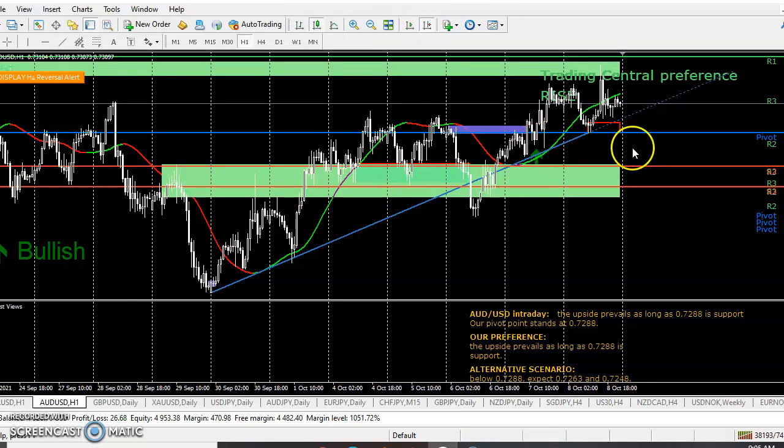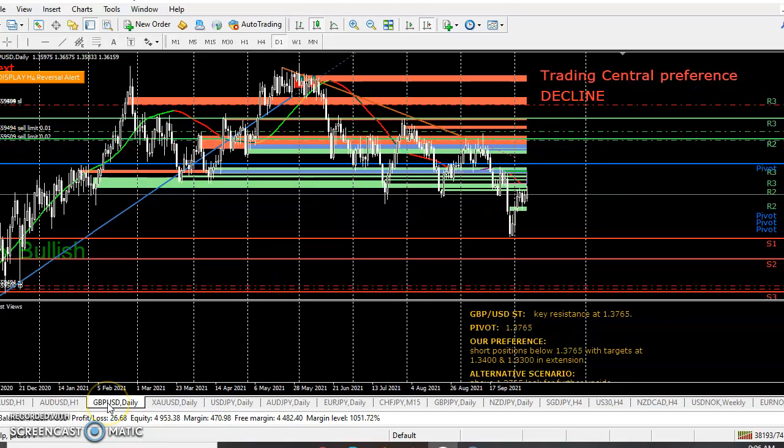And we're up on the hour and the 4-hour. So until we break that 4-hour trend line, we'll be bullish, taking sales at 0.734. Now for GU, Great British USD, same scenario, going up to 1.37 or as high as 1.39,